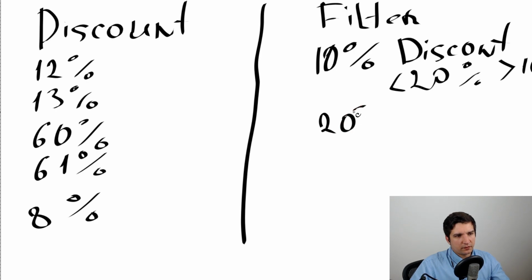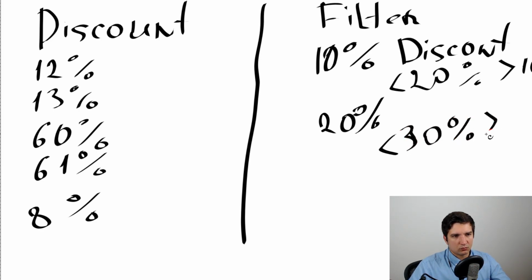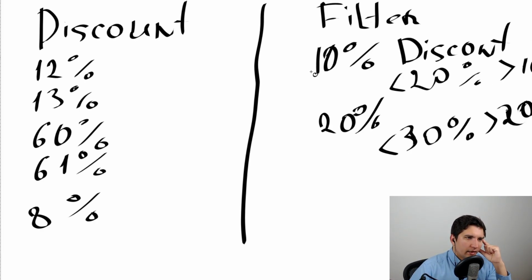Then he would specify a 20% discount category, where he would specify something more than or less than, let's say, 30, and more than, so something like that. So he was specifying those brackets and was showing it as an actual checkbox on the